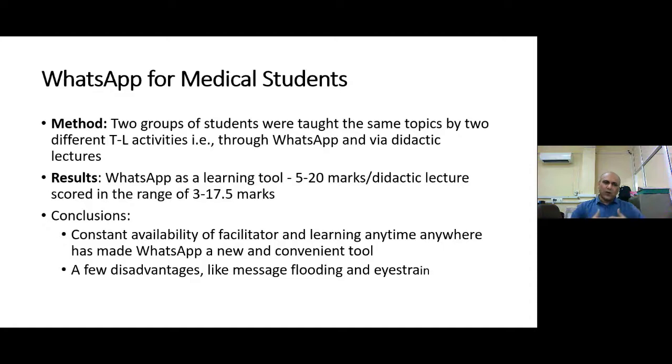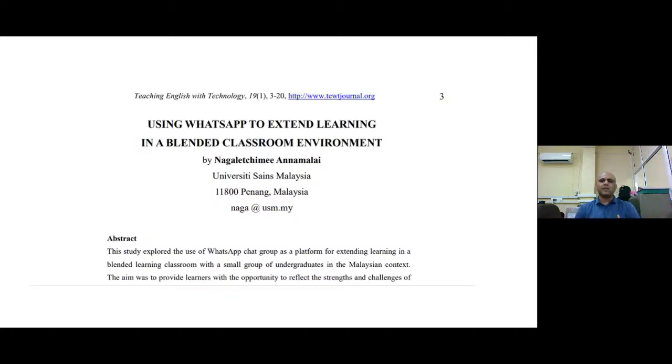When you talk of social networking tools, you will have flooding of messages and sharing of unnecessary content. We are all familiar with good morning messages and quotations being slapped on our faces every time we hold our cell phones. So this was a very interesting experiment, very nicely conducted, using WhatsApp to extend learning